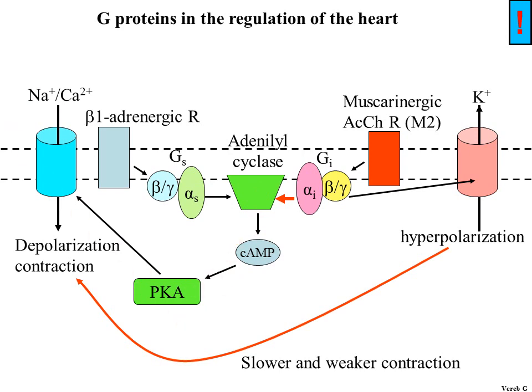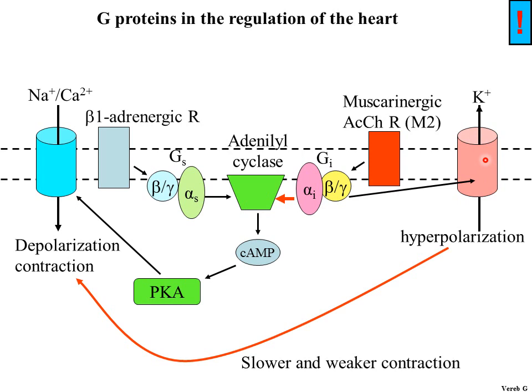And the beta gamma subunits regulate an ion channel. This is a potassium channel which is opened by the beta gamma subunits, and opening the potassium channel leads to